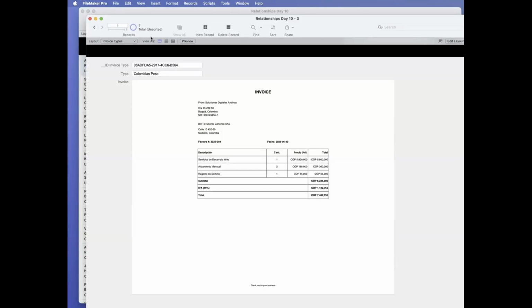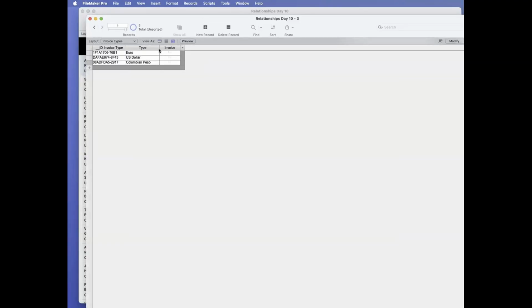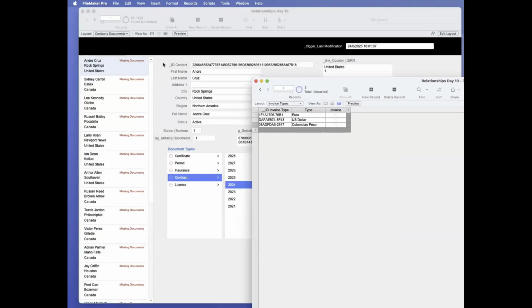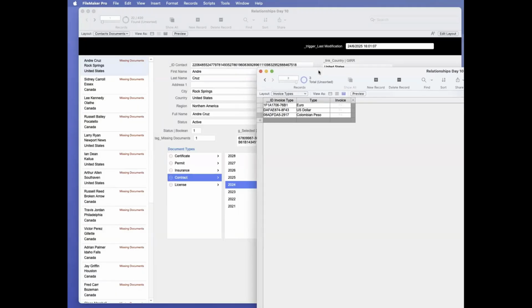So now I have three records here, right? I have my three records: euro, US dollar, Colombian pesos. Okay. And now I want to connect the dots together, right? Correct? So I want to do something like this. Here, I'm adding a tag. Okay, I'm adding a tag, Europe, right? Tag Europe,